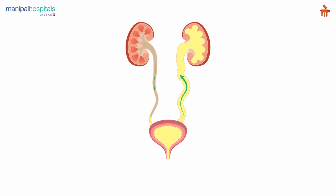I'll be talking about a condition called vesicoureteral reflux. This is a urological condition where the urine from the urinary bladder travels up towards the kidney. Now imagine kidney and bladder to be a one-way road where the urine flows from the kidney along the ureter into the bladder. There is never in life that the urine traces a reverse path, that is ascending from the bladder to the kidney. So when this happens, that is urine entering in the wrong direction, that is called